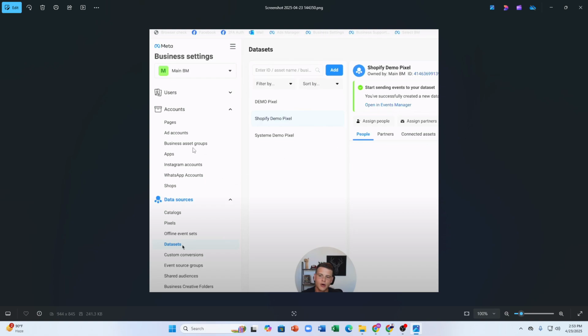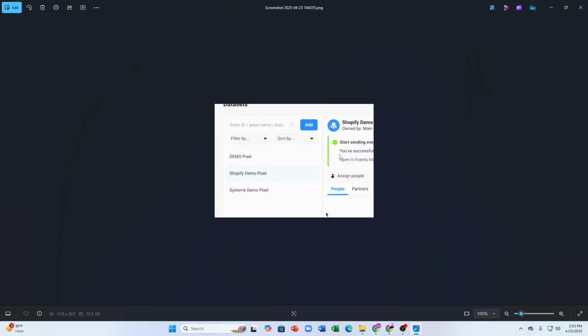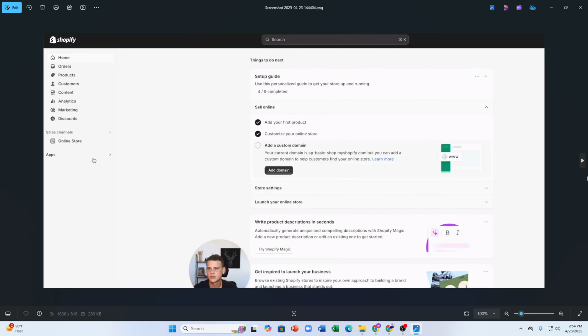You have to go to data sources on your meta account, then you have to tap onto data assets. From there you can create a Shopify demo pixel account to add to your Shopify. And for this video purpose I already have a demo one, so I'm going to tap onto it. So after clicking onto it,